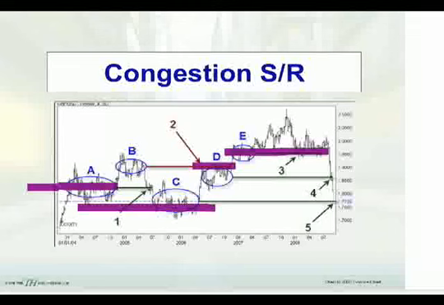As it came into that first congestion zone, it only paused there, just like it did over here where it's marked number 1. Now, as the momentum continued to hold strongly, it was able to bust through that zone and is now coming into the congestion from C. So right now we are seeing another support level hit from this congestive type of action. Now, one of the things that you're going to notice, though, is that because the momentum here was so strong